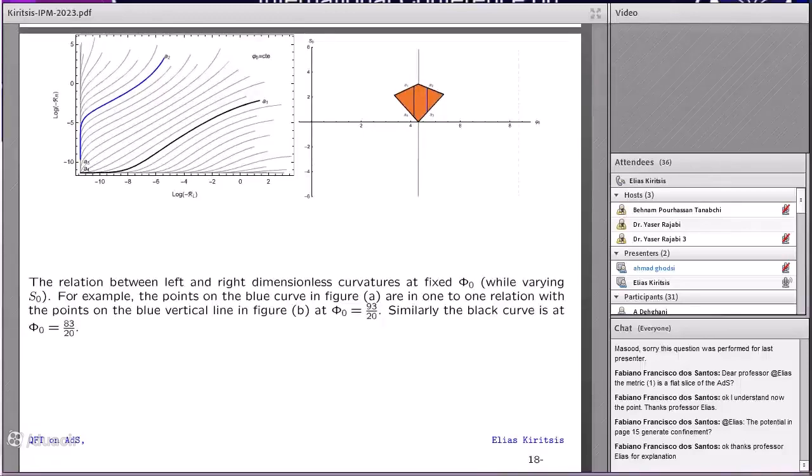So now, for each of these solutions that one finds numerically, one can calculate the data of the solution. For example, one can calculate on one boundary the dimensionless curvature, and on the other boundary the dimensionless curvature, r left, r right. These are the only parameters that these solutions have, and this is, for example, a plot where one is varying S0 for fixed phi 0, and one gets this line, and then for these different solutions, gets this line, and eventually one can fill the whole diagram. This is straightforward to do by looking at the solutions and reading the asymptotic data,